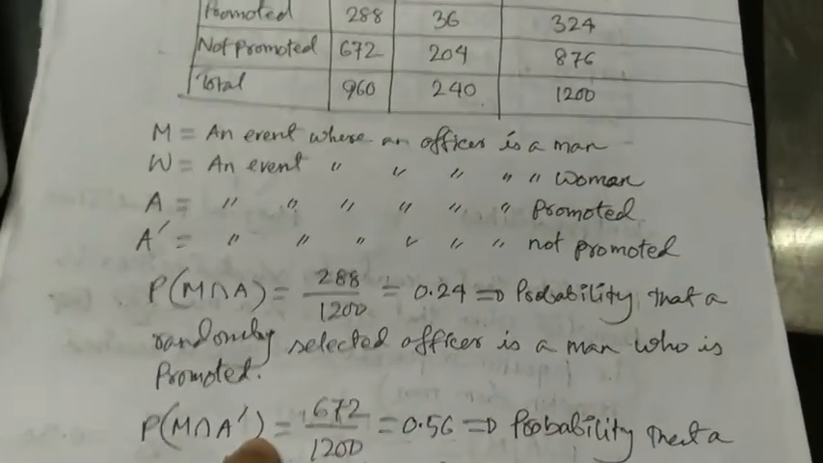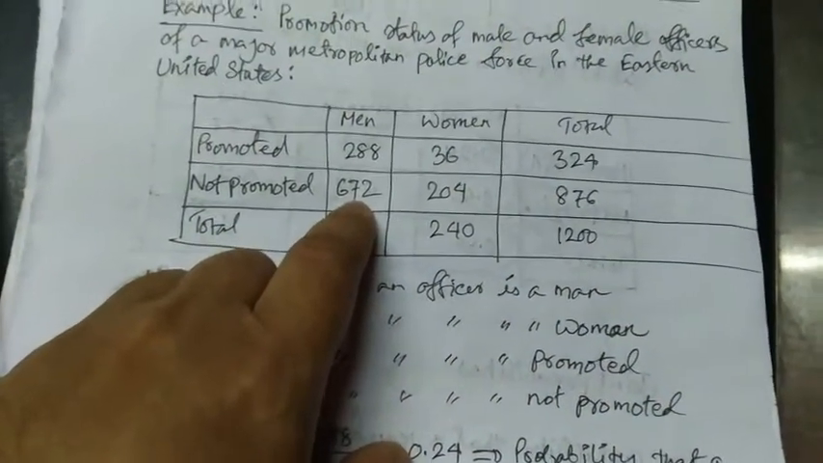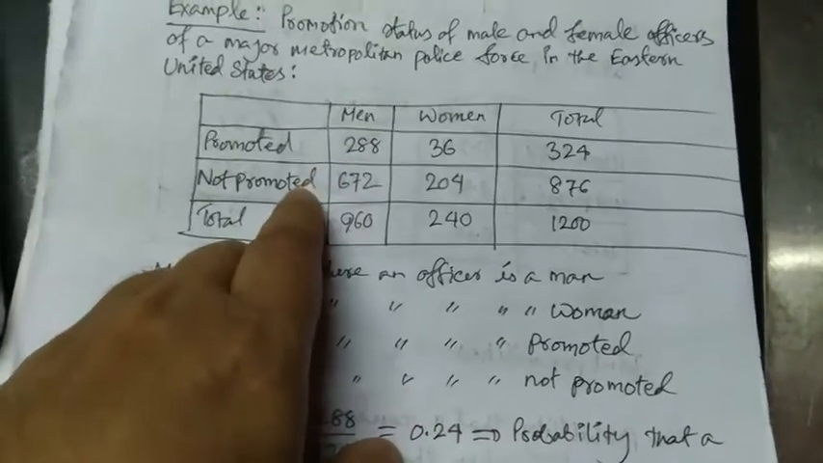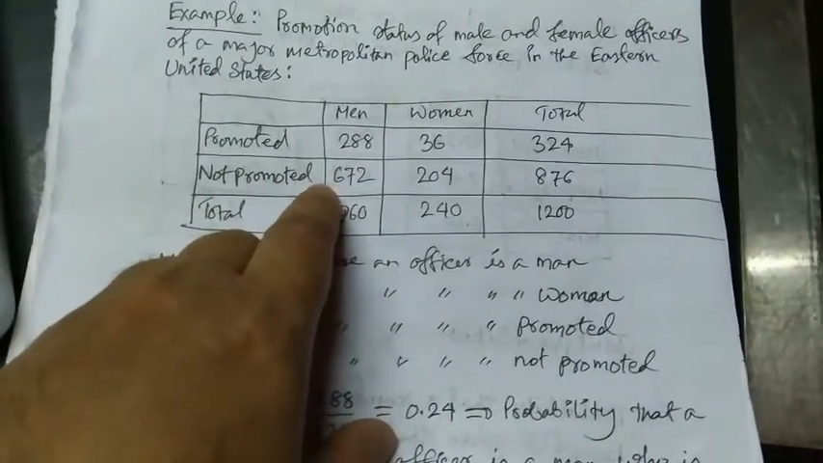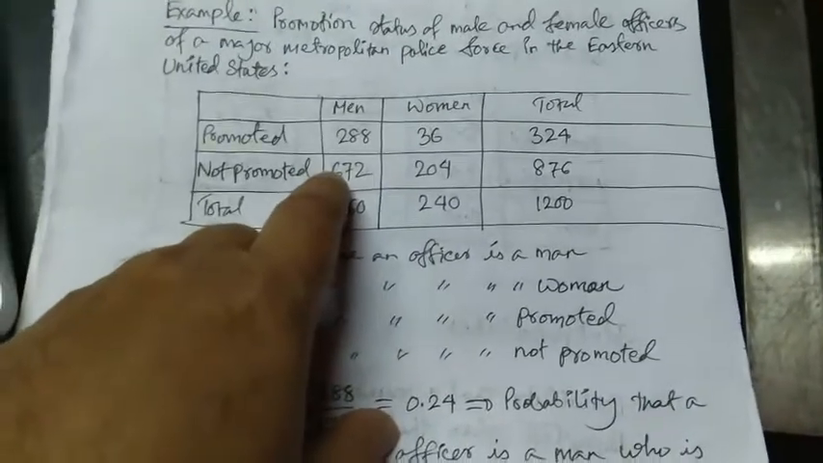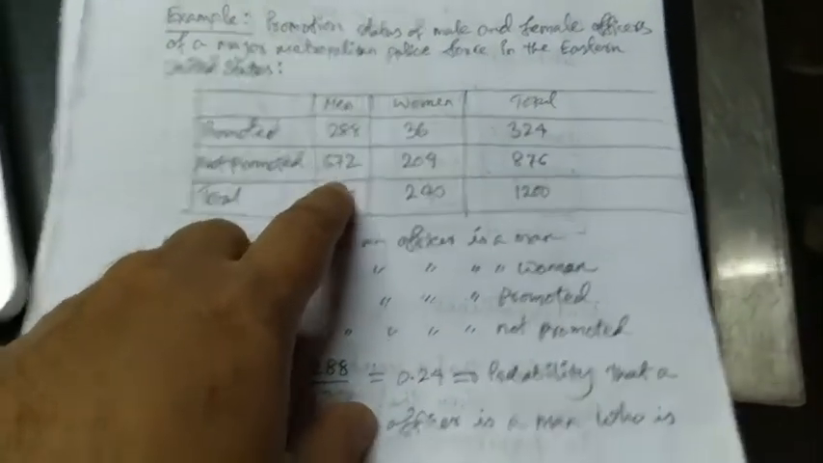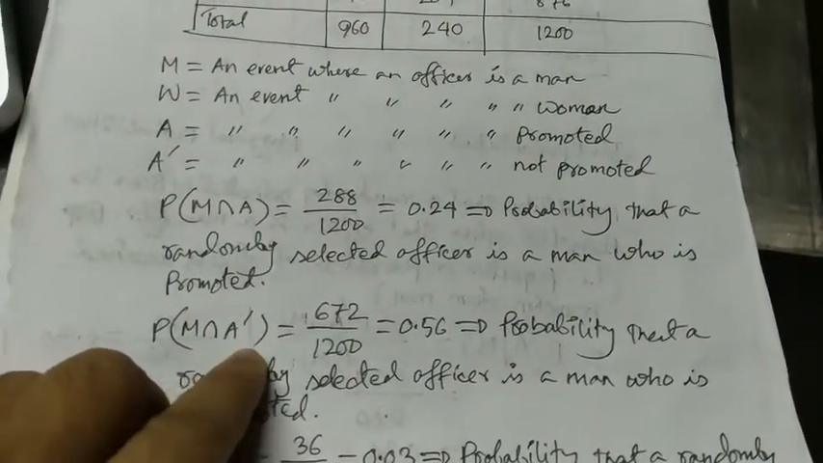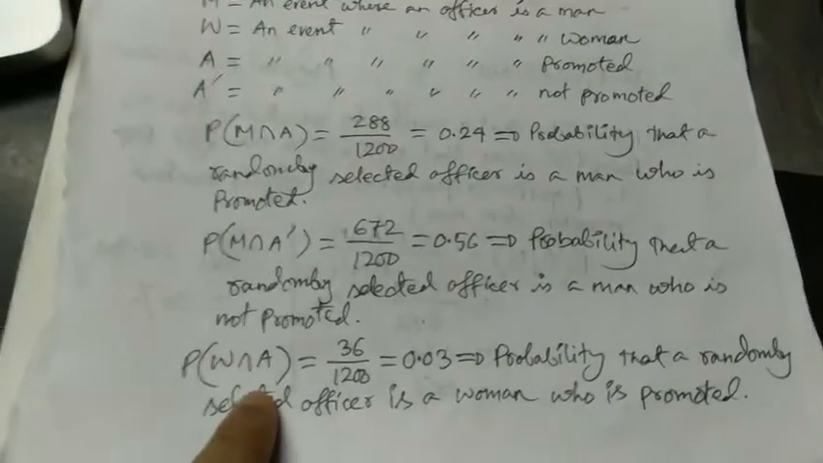Again, this one means 672 men not promoted. Men means M, not promoted means A prime. So this is both men and not promoted. That means M intersection A prime is 672. So the probability of M intersection A prime is 672 divided by 1200. Okay, so now